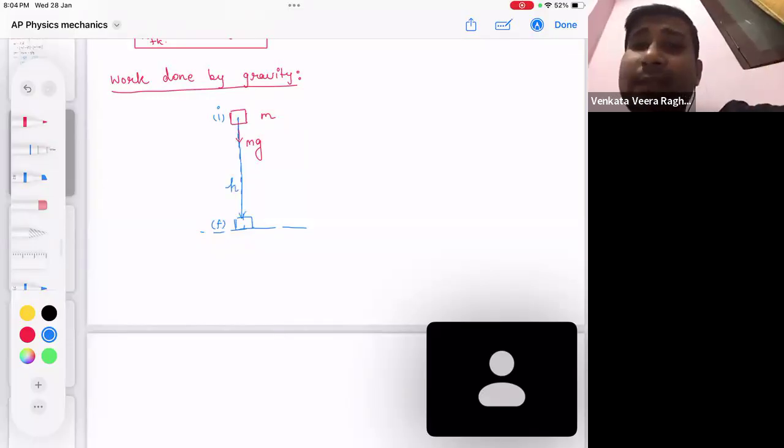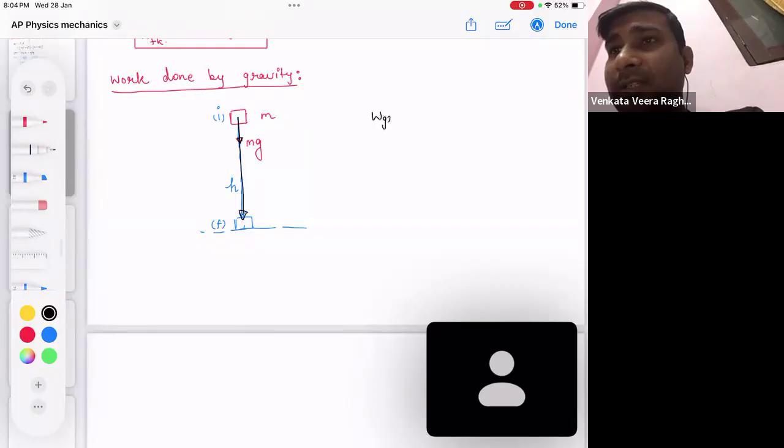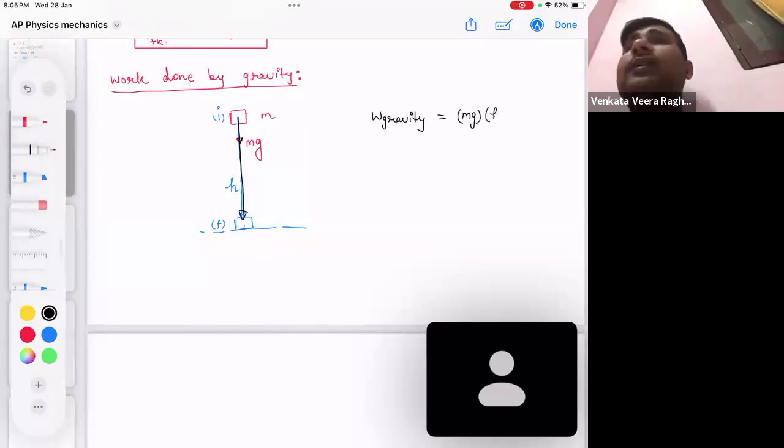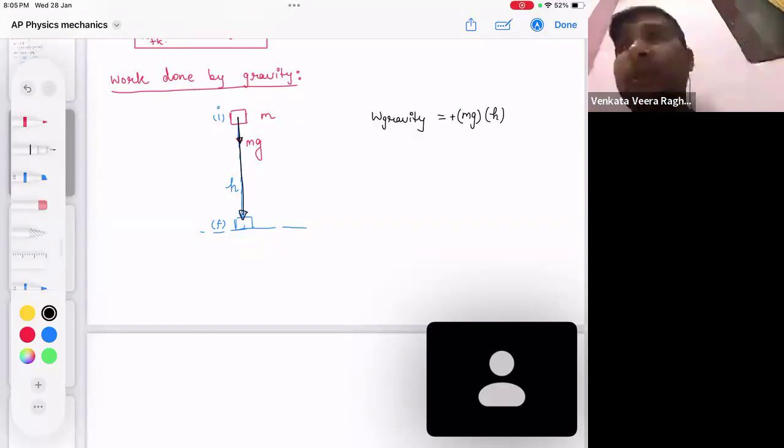If you look at that, the gravitational force is acting in the downward direction, and the displacement is also in the downward direction. So what will be the work done by gravity? Work done by gravity will be mg, the constant force, times h, the displacement, and as gravity is acting downward and displacement is also downward, the work done by gravity will come